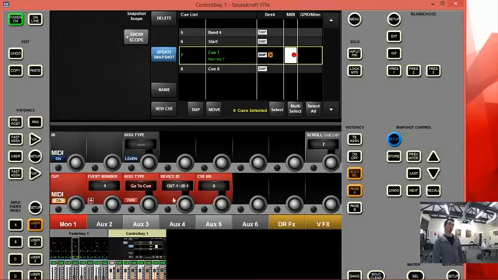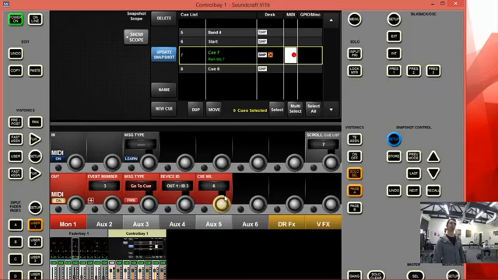The VR1000's only got one MIDI out. Some of the bigger consoles have two. So in this scenario, I would say that is cue number 3, event number 3. Let's go to cue. I'll just make everything 3. ID 3 and